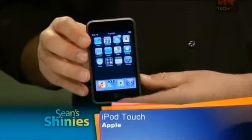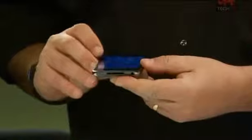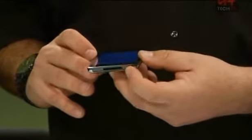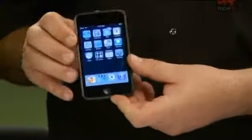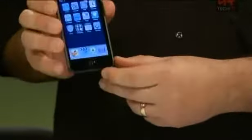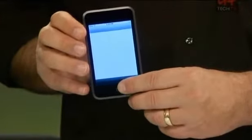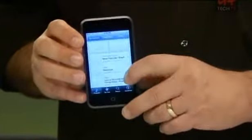Well, first of all, a shiny dock at the bottom. I guess that wasn't shiny before? No, it wasn't shiny. They've sort of metallicized it, more like the one on the iPhone. No, not on the bottom, but on the bottom of the screen. Oh, this dock. That part. Yeah, it's shinier. But the key thing about this new version of the Touch is that they've actually